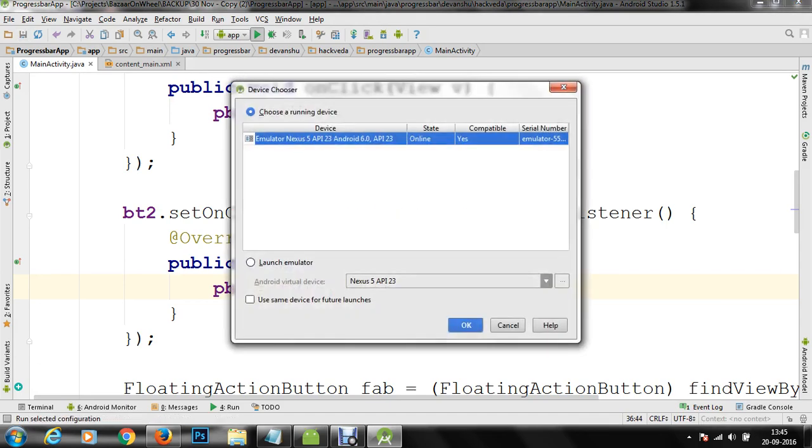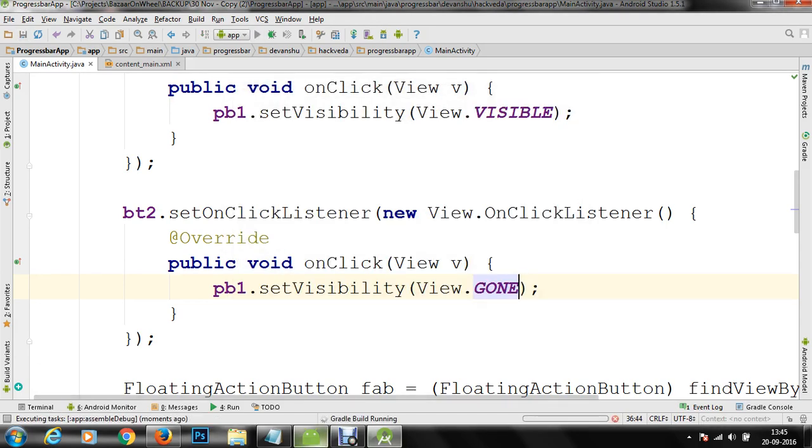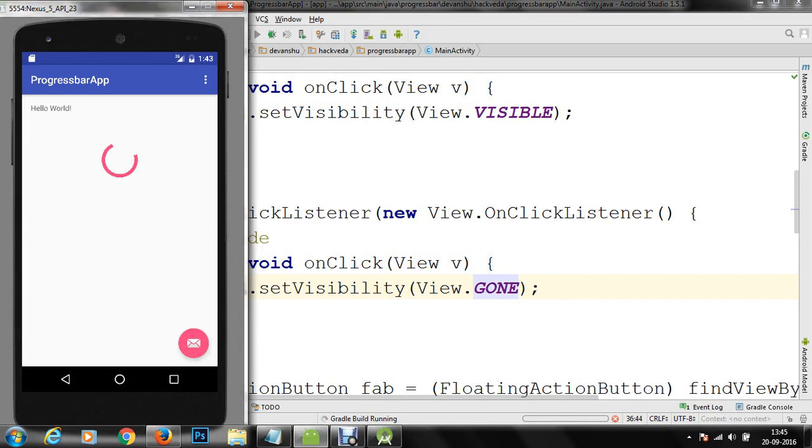We are going to run this application on our device. Our device is Android emulator Nexus 5 API number 23, which is running on port number 5554. So as soon as the Gradle build running is completed, our files will be scanned to index, and as soon as the scanning is done, we are going to run our application on our device.